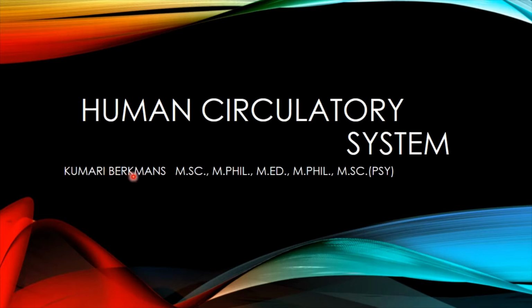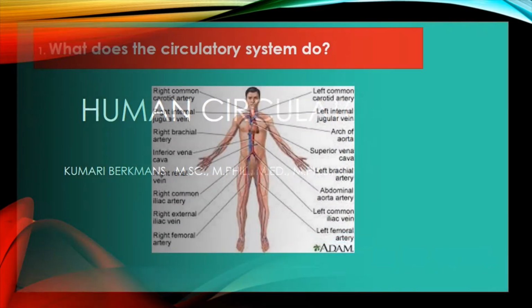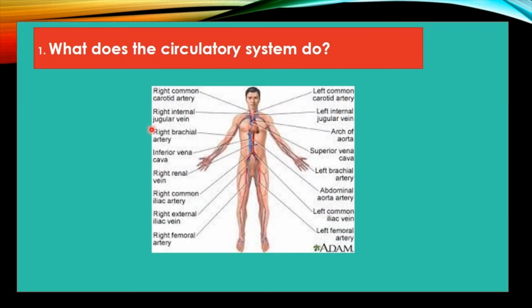Today we are going to see about the human circulatory system. What you are seeing here is the human body, and now we see what the circulatory system does. At the center of this thoracic region is the heart. It is conical in shape, and